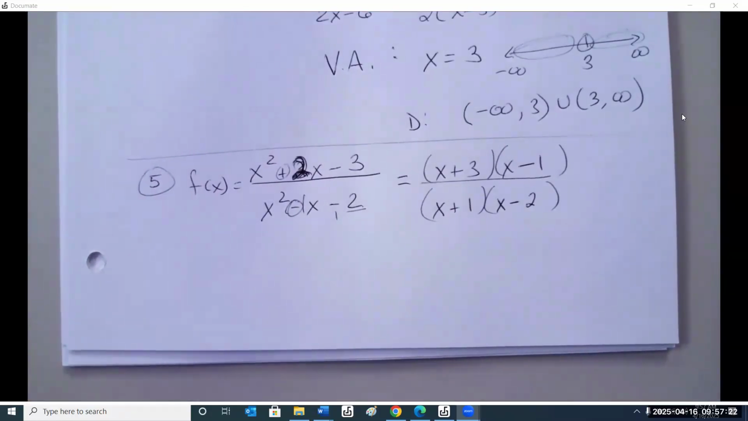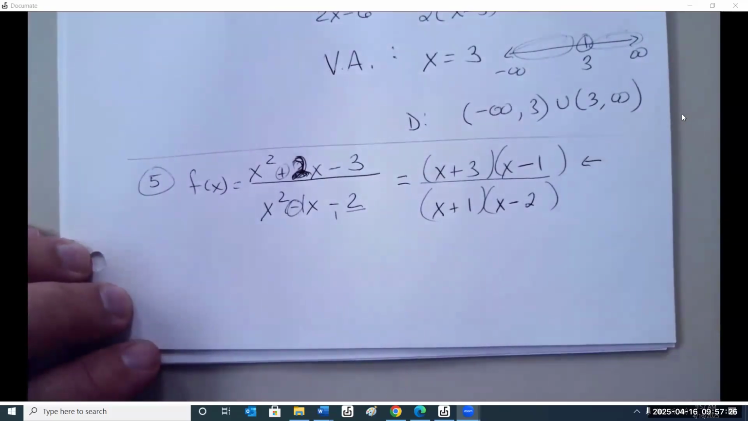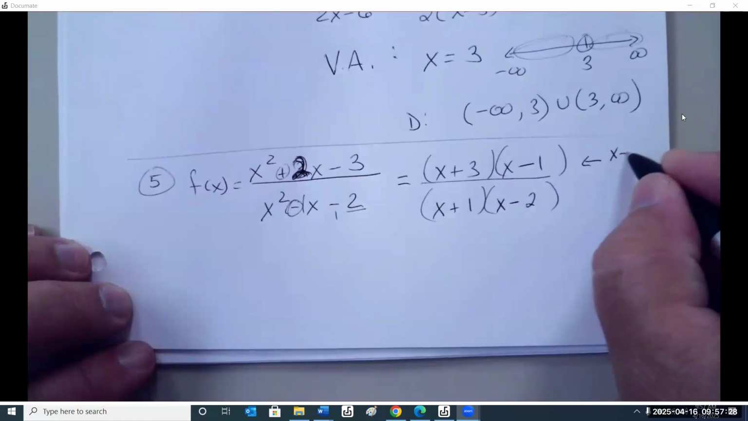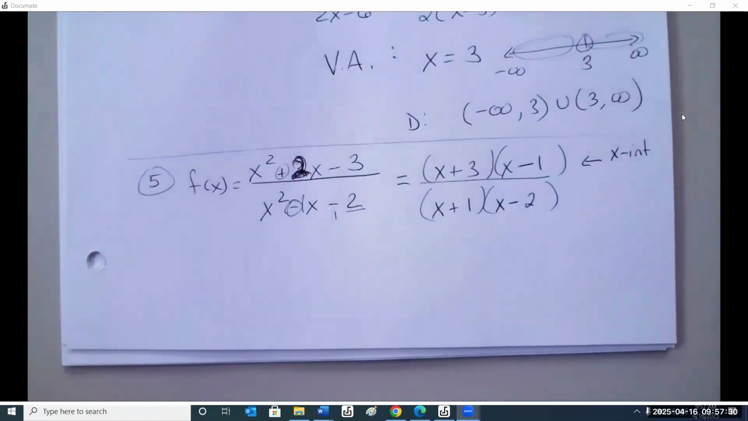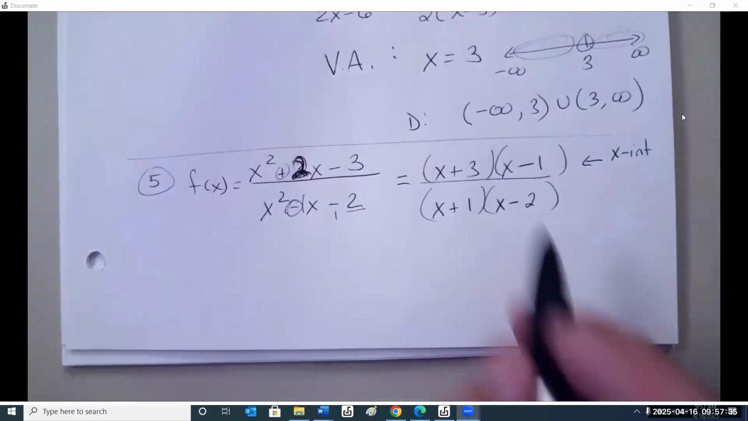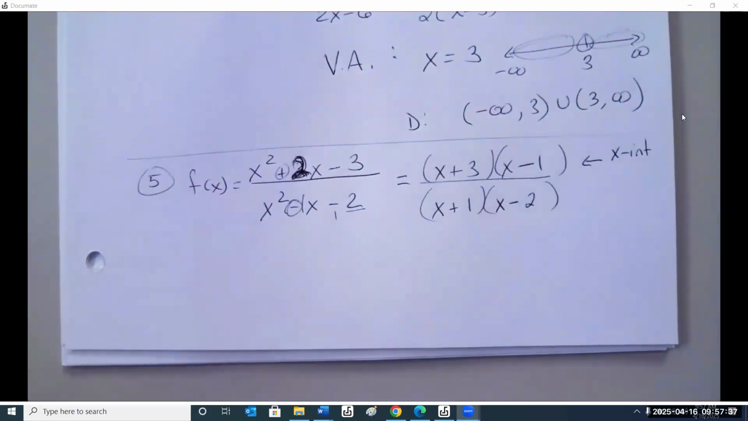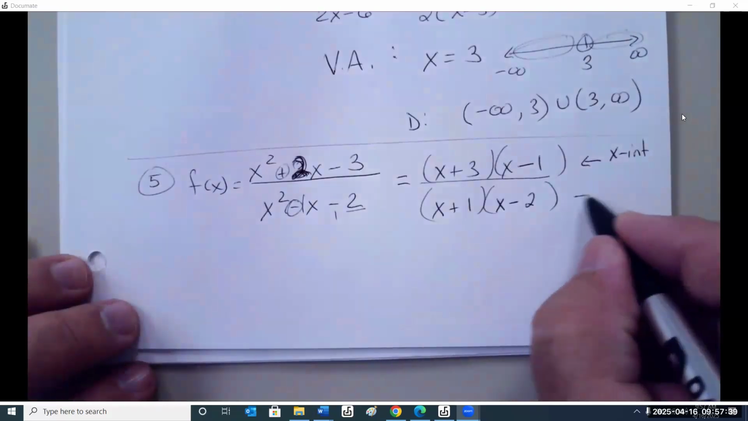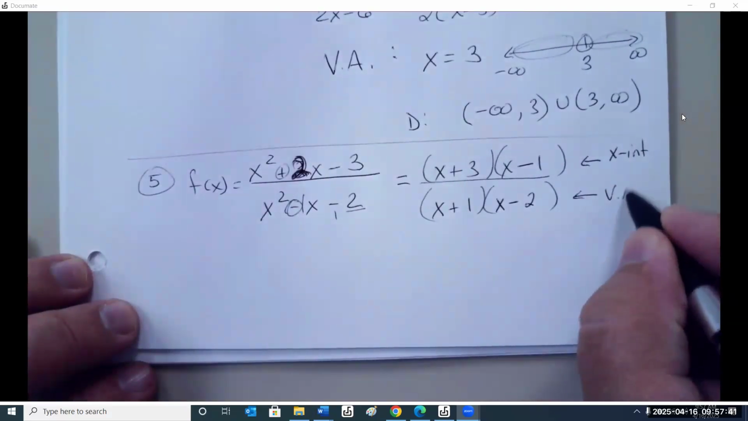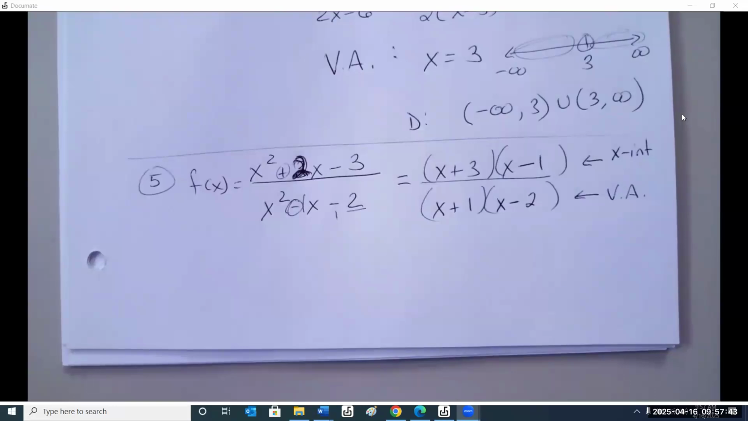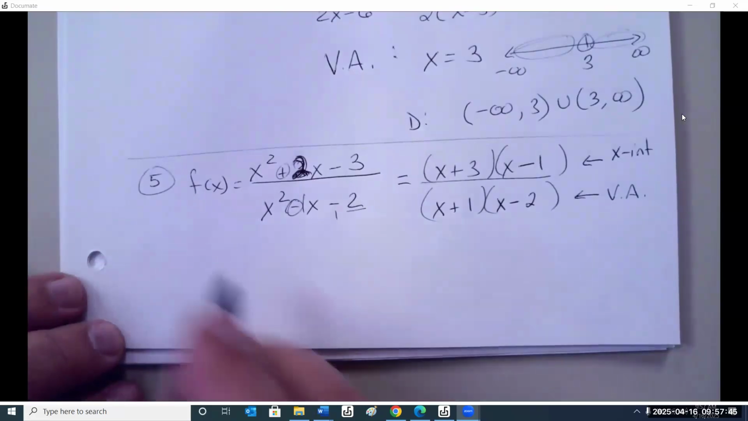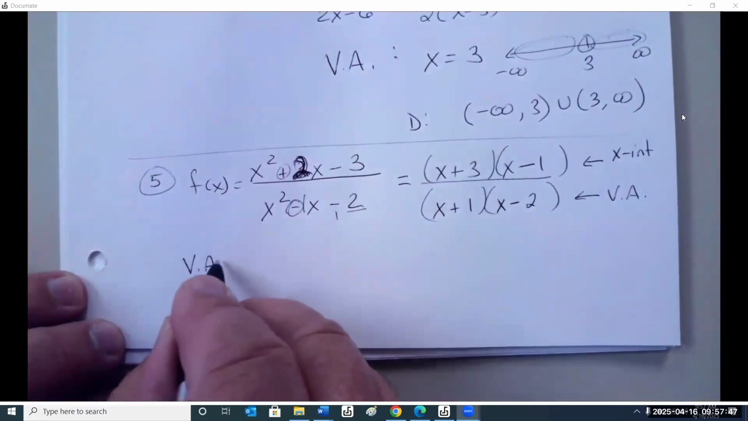Now, about a fraction. The beautiful thing about this one, these numbers up here are my x-intercepts. So I set those equal to zero. I find my x-intercept where it crosses the x-axis. These tell me my vertical asymptote. So the vertical asymptotes are at